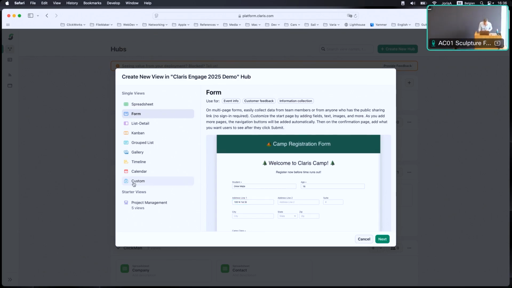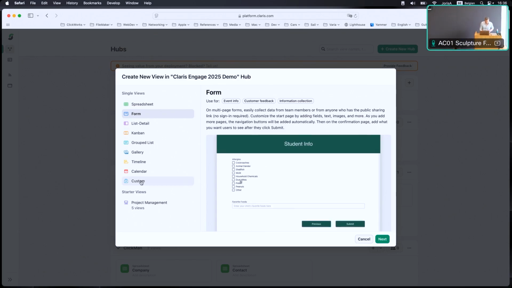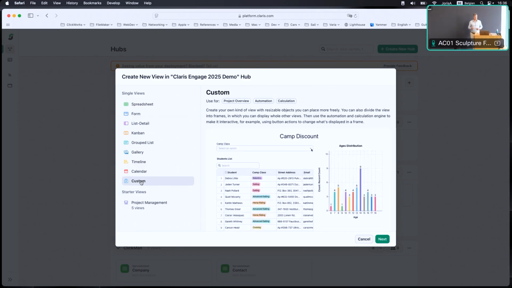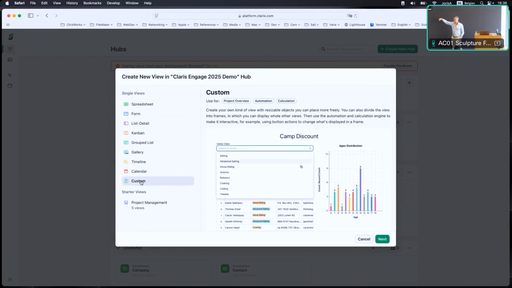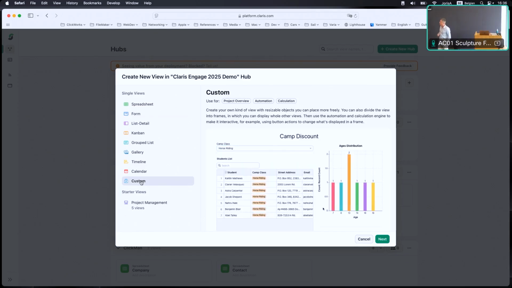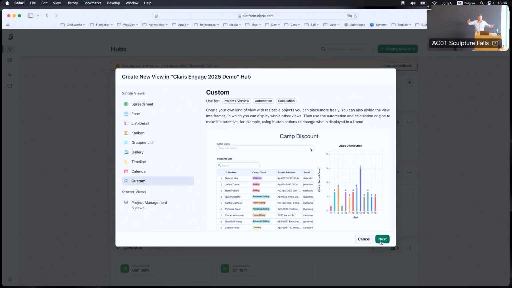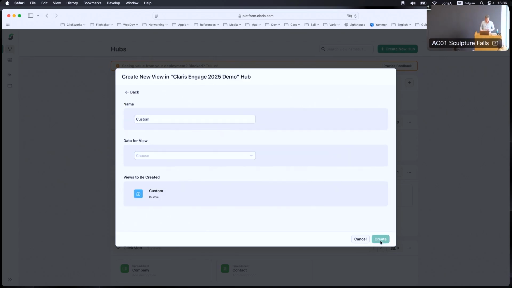Well, what will be coming soon, I hope, are these custom views. It's also what Robert demoed this morning in the opening keynote. That was also a custom view. So I'm going to pick a custom view, and this is not yet available. This is in early testing, but will be available soon. I need to give it a name, so that's called demo